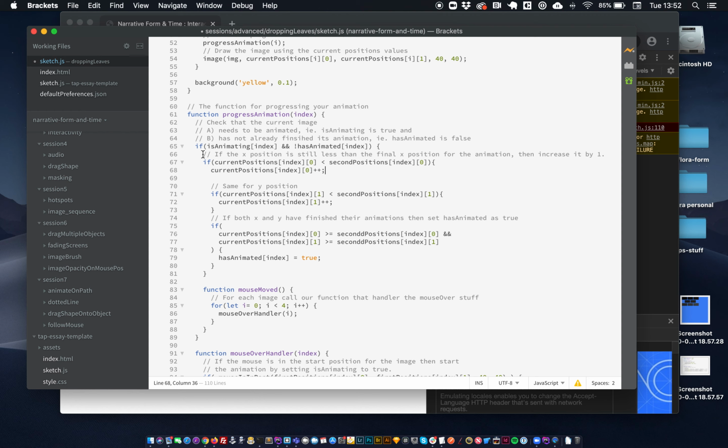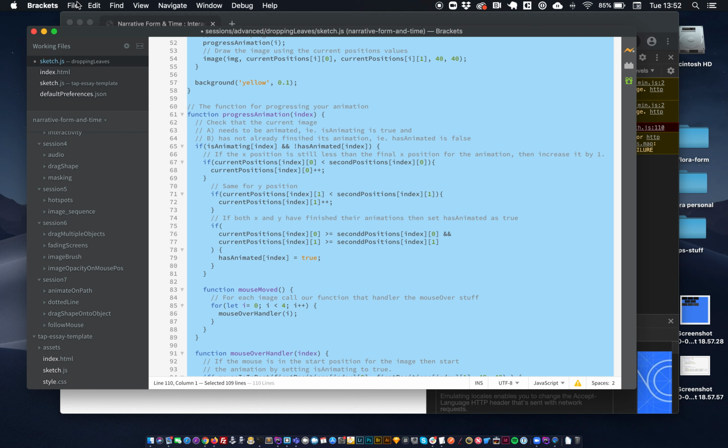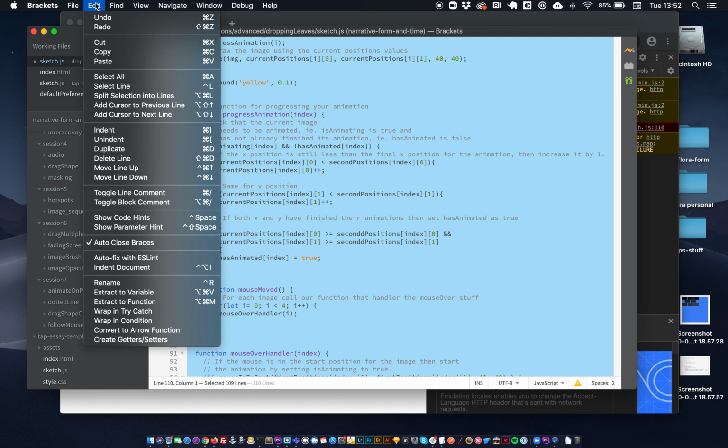But even then I can see that I've got a comment here that says if the x position, and then same for the y position. So I can probably assume that it needs a closing bracket here. So we've missed a closing bracket. So if I select all that and indent it again,